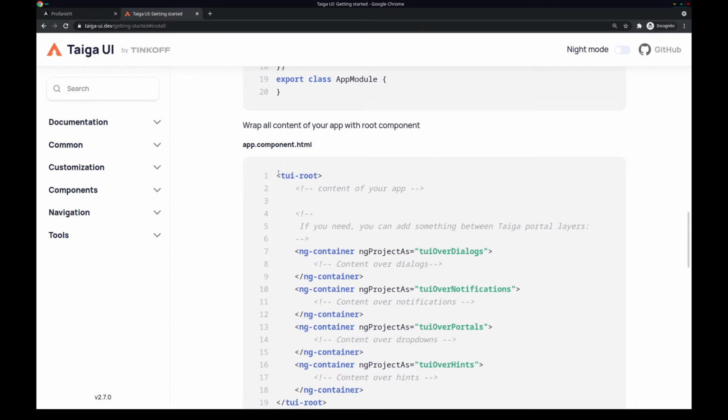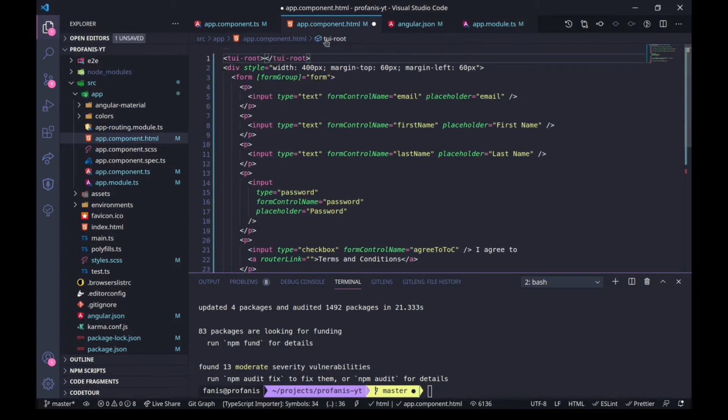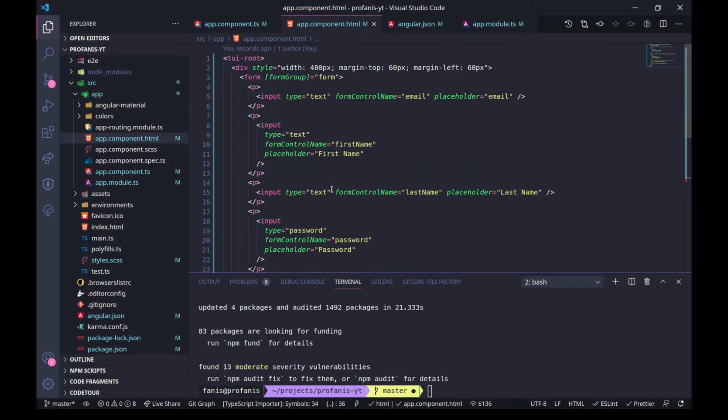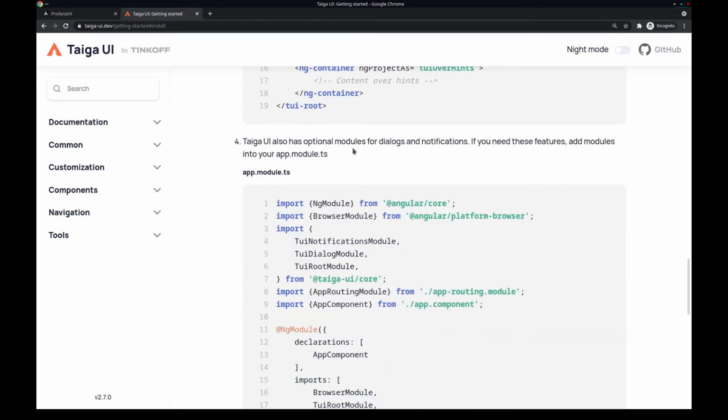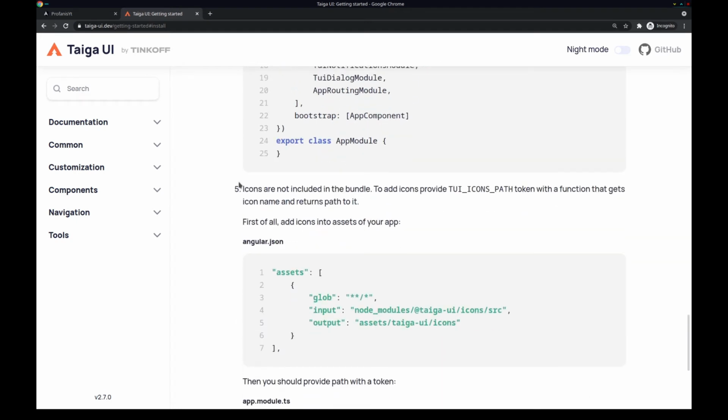And here we can see the component selector. I will simply copy this and paste it into the template. Just paste it here, and this is actually based on Taiga UI. This is a requirement of some components. So let's move on then, and the fourth step is for optional modules for dialogues and notifications. In this video we won't use dialogues nor notifications, so we'll skip this step. But we need the fifth step,